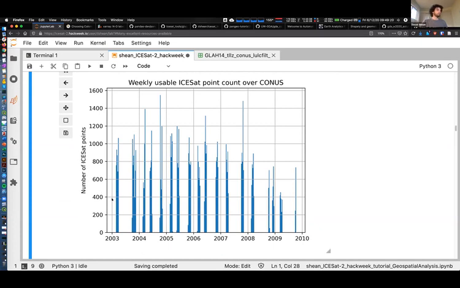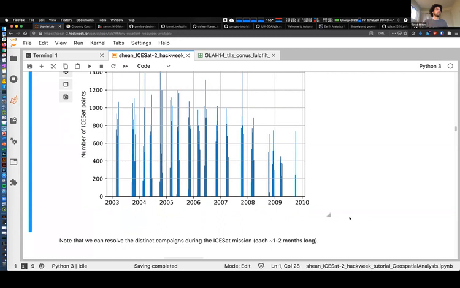So if we look at this, we see these campaigns start to pop out. The observations are not continuous. And if you have more questions about why and how these campaigns were designed, talk to people like Ben Smith or Helen or others who were involved with the ICESat mission. But this gives us a representation of the temporal sampling we have for the continental United States, or at least the good points in the Western US. Okay,